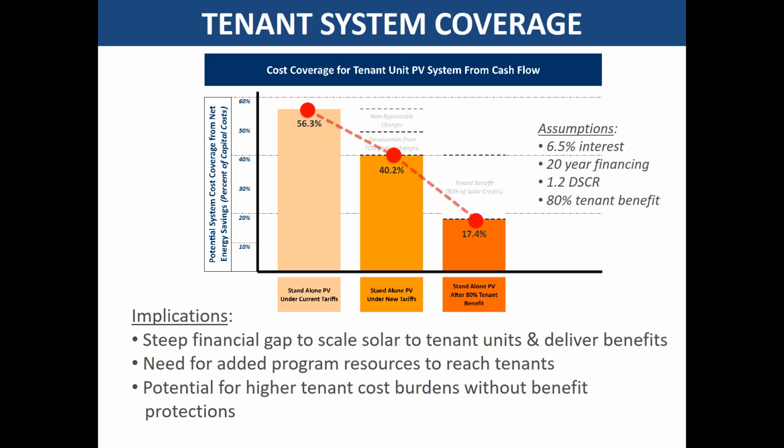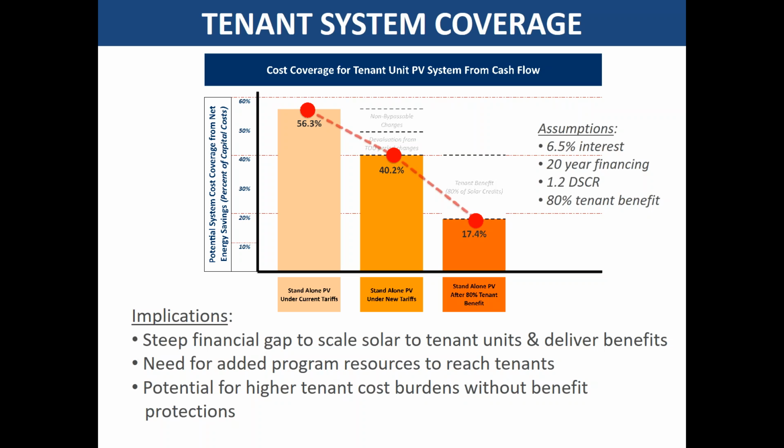So the implications of that are that there now looks like a fairly steep financial gap to scale solar to tenant units and deliver the required benefits. And there may be the need for additional program resources to reach these households. And there's also some risk that became evident in the analysis, that there's a potential for higher tenant cost burdens without some protection